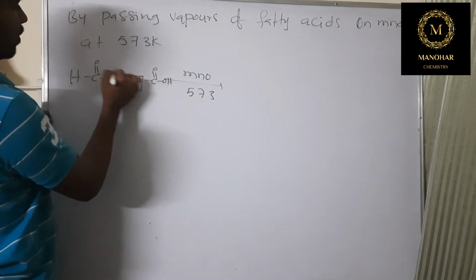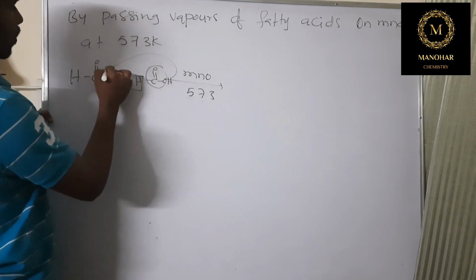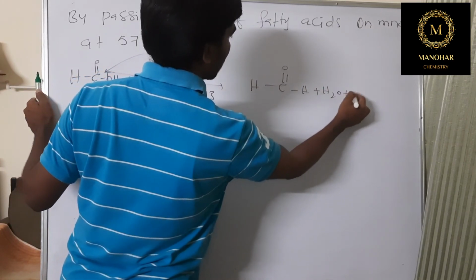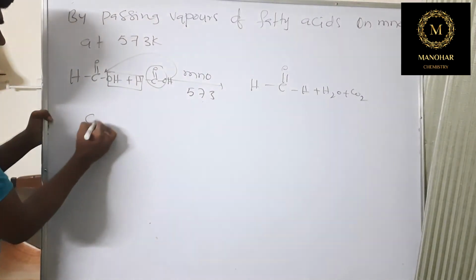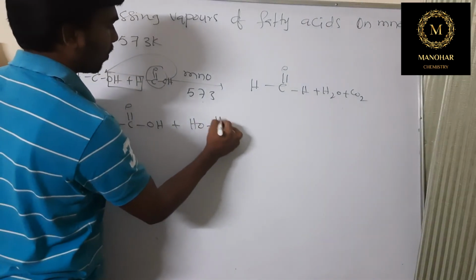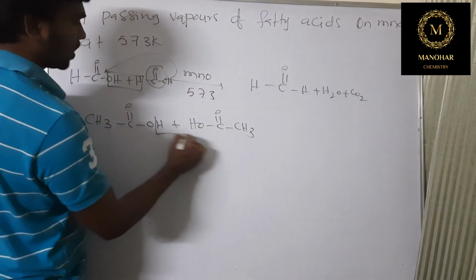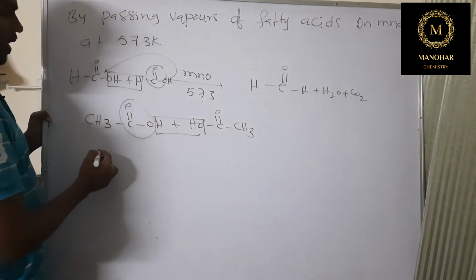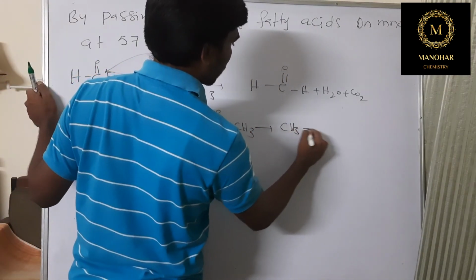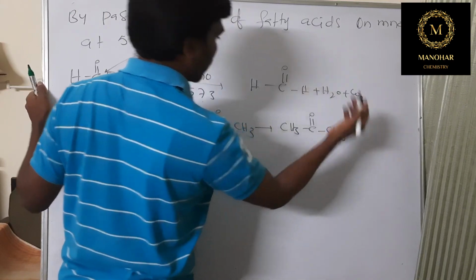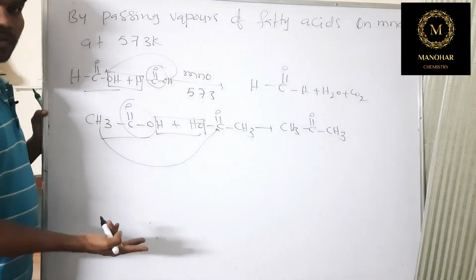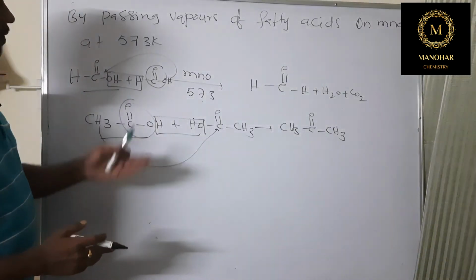Here OH and H will be eliminated and carbon dioxide will be eliminated, and this hydrogen will be connected here. It is going to form HC double bond OH plus H2O plus CO2, right? If I take acetic acid, CH3 C double bond OH, 2 moles of acetic acid, just now I told you one is a water molecule and another is carbon dioxide. Connect this carbon to this one, so CH3 C double bond O CH3 will form. Similarly, if you take formic acid and acetic acid, then a mixed product will come. This is the method for the preparation of different types of ketones.